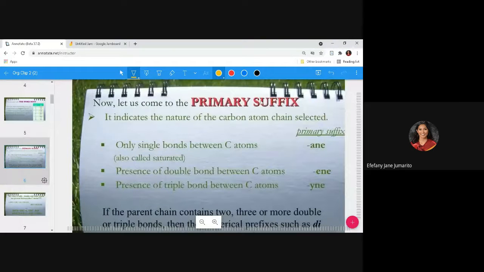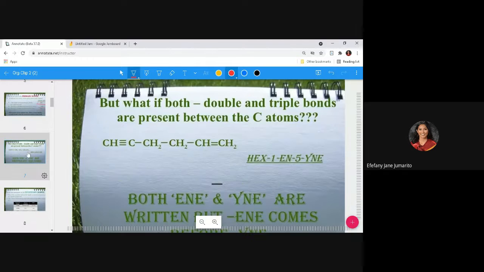So we have that one. Okay, review na lang, sort of review, kay master na mo mga kuan mo name and mo draw the structures. So we have single bonds, we have "-yne" atong suffix, we have "-yne" and we have "-ene". Ato ibutang dito sa after sa parent chain.